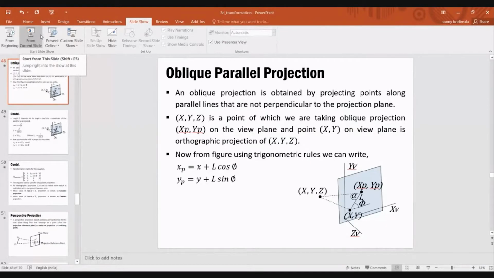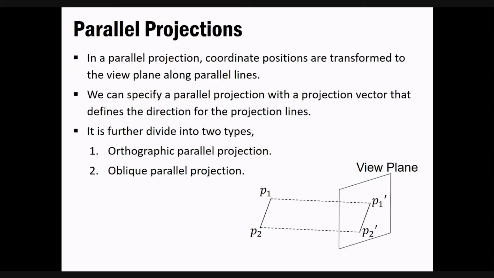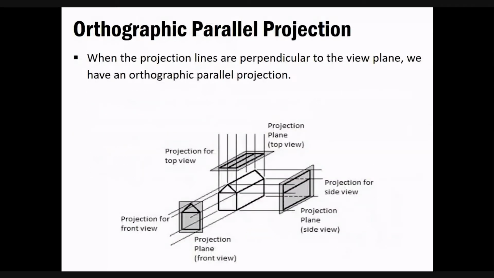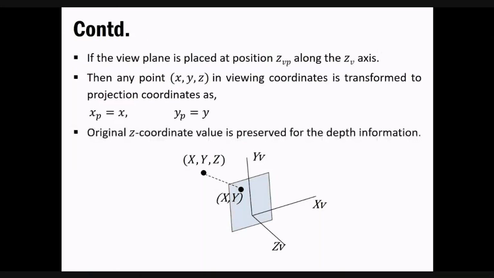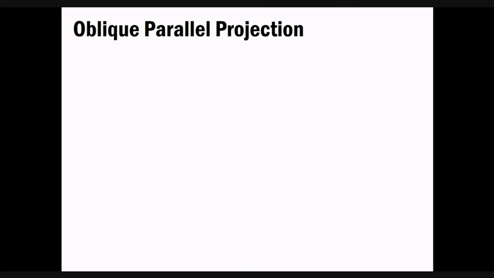But what if we don't want to be that exact and precise? If we want some shape to be projected that is in circular motion, or we want some curved section, then we don't want it perpendicular at 90 degrees. We want it at our defined angle, or the algorithm's defined angle. For that we have this concept written over here, oblique parallel projection. Many of you have already heard of this, because this is a mathematically based thing. So that is the oblique parallel projection.